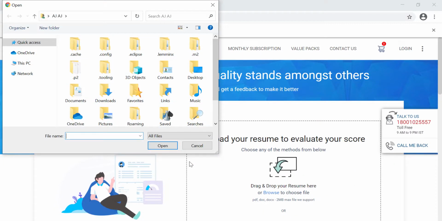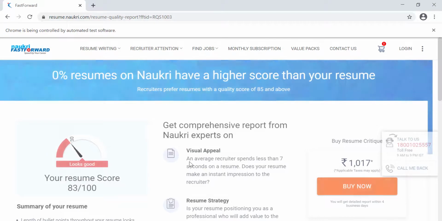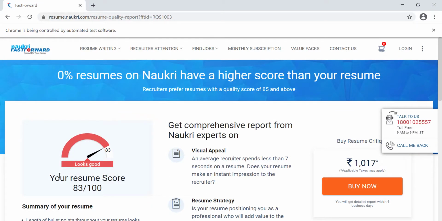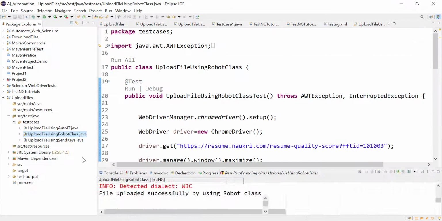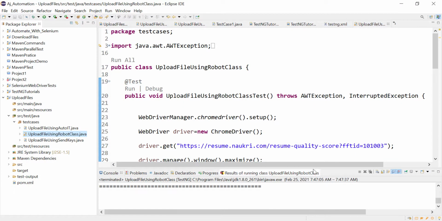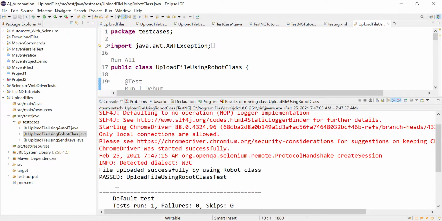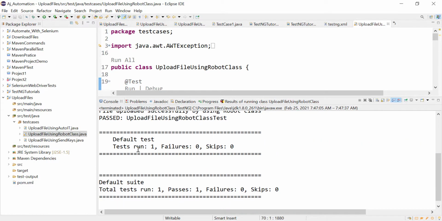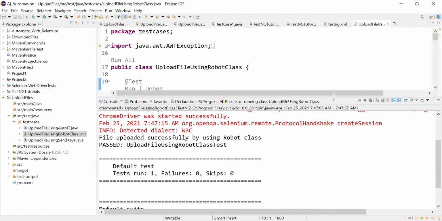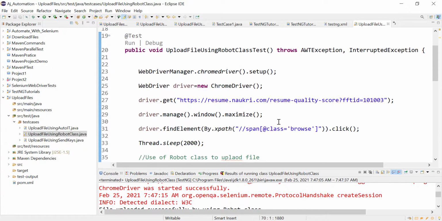Then it has clicked on the browse button. It has pasted the path and pressed the Enter key. The file got uploaded successfully. After 10 seconds it will close the browser. So our code is working fine, no failures. The test passed. This is how you can use the Robot class.